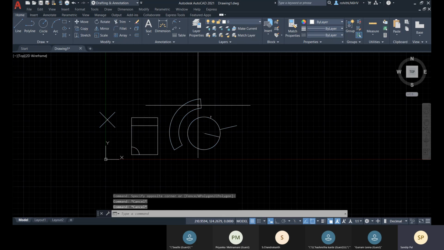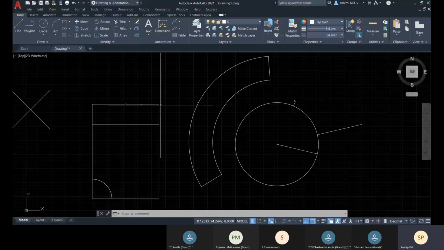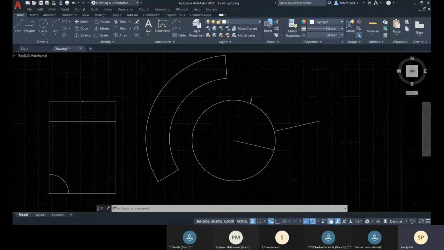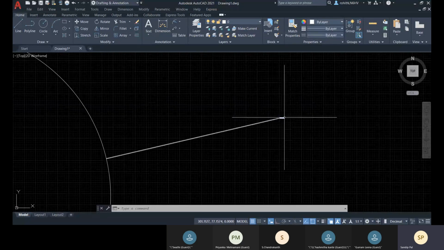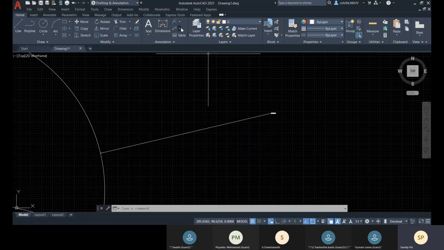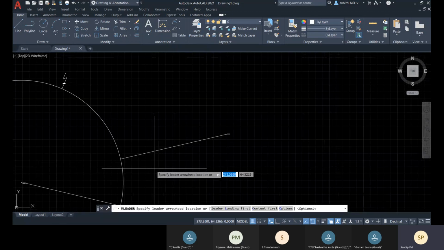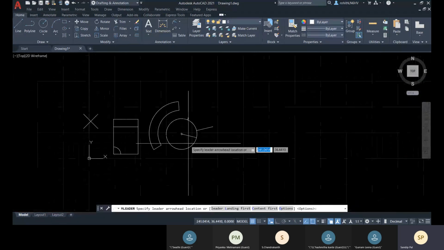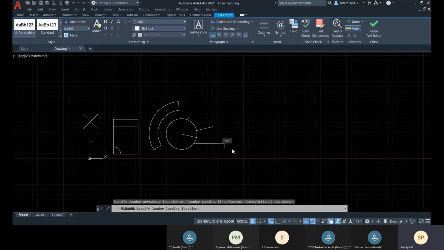Okay. Now, suppose you need to place any text with an arrow, not as a dimension value. You want to place some text value. So for that, you have this leader option. You have this leader. You will select like this, and there you will type.